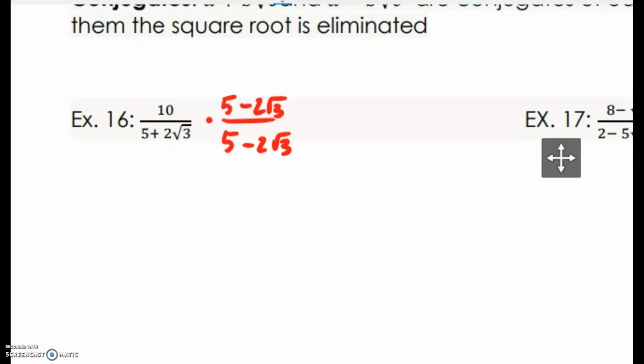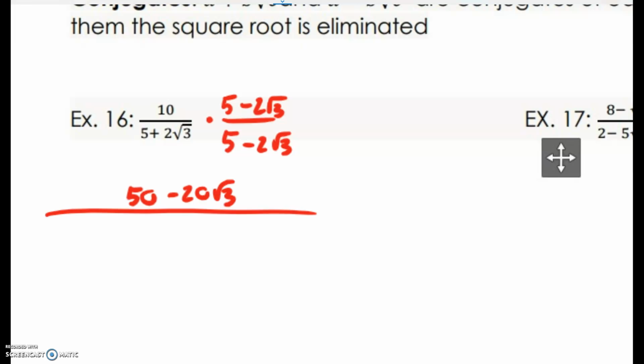Make sure we're doing it to the top and bottom. Okay. When I multiply 10 times the binomial, I'm going to get 10 times 5 is 50. 10 times negative 2 is negative 20 radical 3. So there's the top. And then the bottom, I'm going to go ahead and just write everything out for the